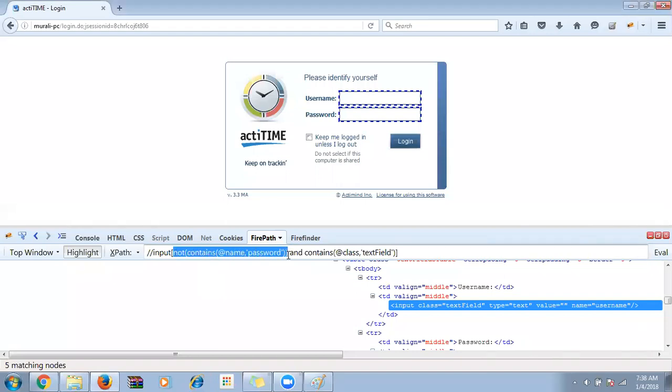It doesn't. I mean, the password will not retrieve. That means it should not contain a value for the name attribute. Then it should have class as text field, the text field value for the class attribute. Okay. So then now I'll give